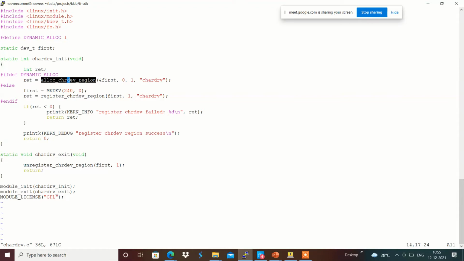In that case, they will use register_chrdev_region. Whatever non-standard or our own customized device drivers we write, we do not know which major number will be allocated for us. In that case, we will be using alloc_chrdev_region accordingly. Is that fine? Okay, yes, sir. Yeah, done. Now we got that.